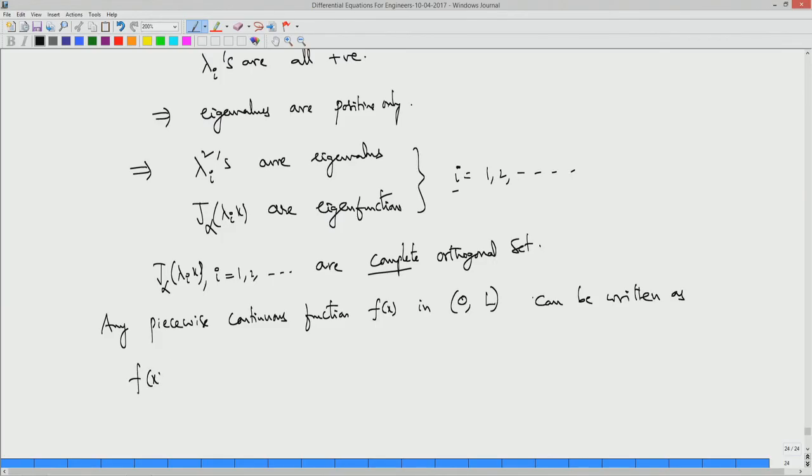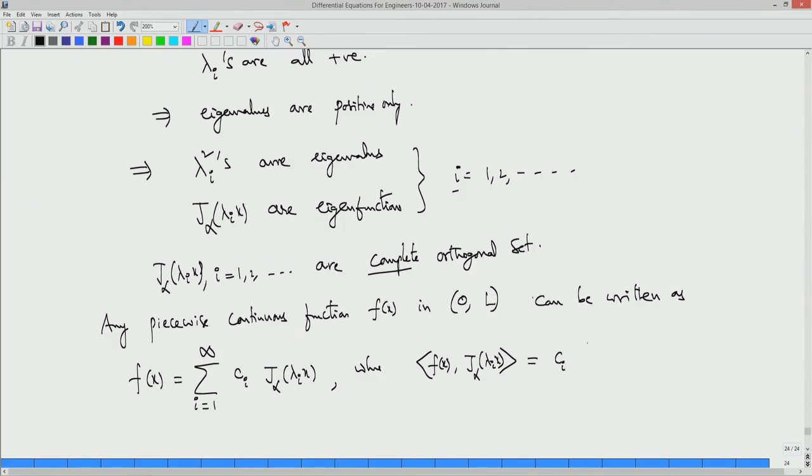So, you can have a Fourier series, with i from 1 to infinity, and you have Ci J alpha of lambda i x, where Ci's I can get. How do I get this? Take a dot product. So, take the dot product of f with these eigenfunctions J alpha of lambda i x,